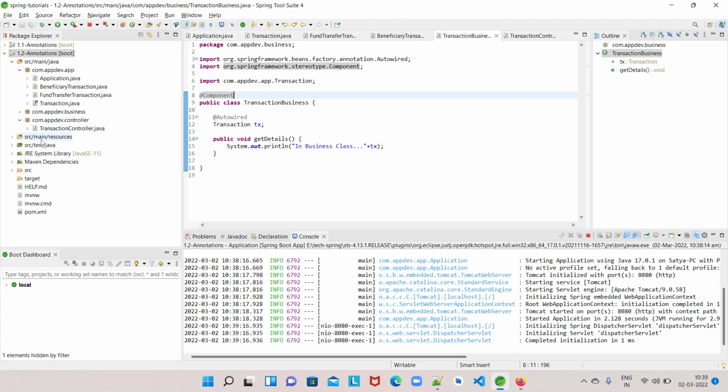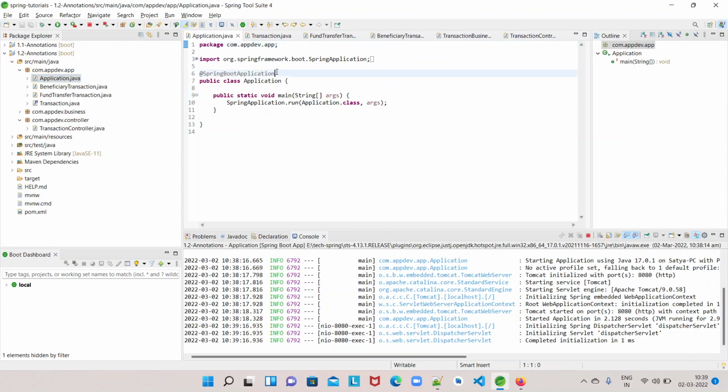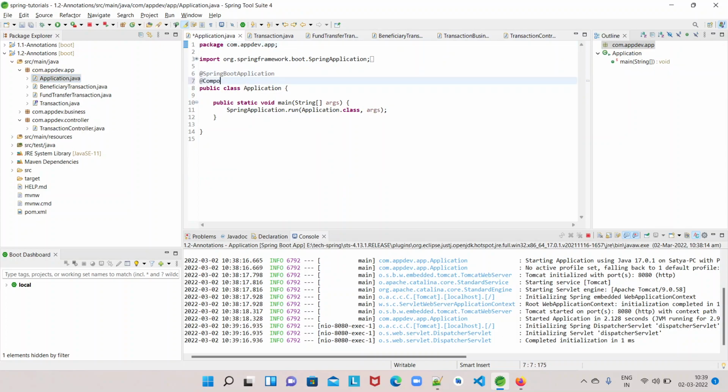Yeah, because we have to add some component scanning on the application level. At the rate ComponentScan com.appdev.